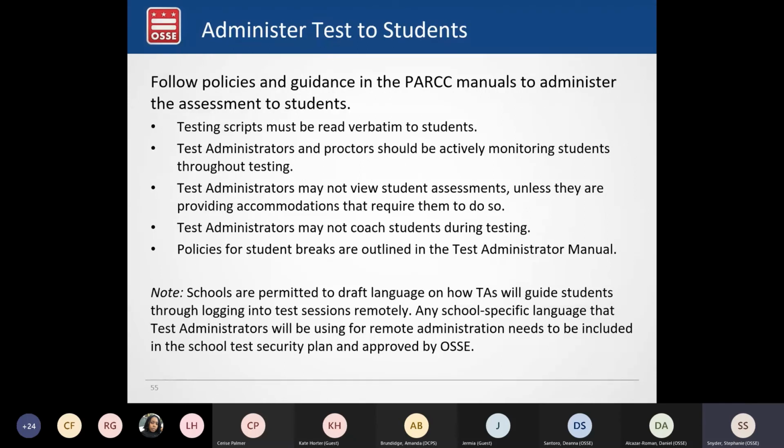That said, we know that many families have opted to keep their students 100% virtual in distance learning. In that case, we would not require that the family send the student into school to test, even if the school is open. And that decision does not impact the school's participation rate. That student would just not test, because that's a decision from the family and not something that was in the control of the school.